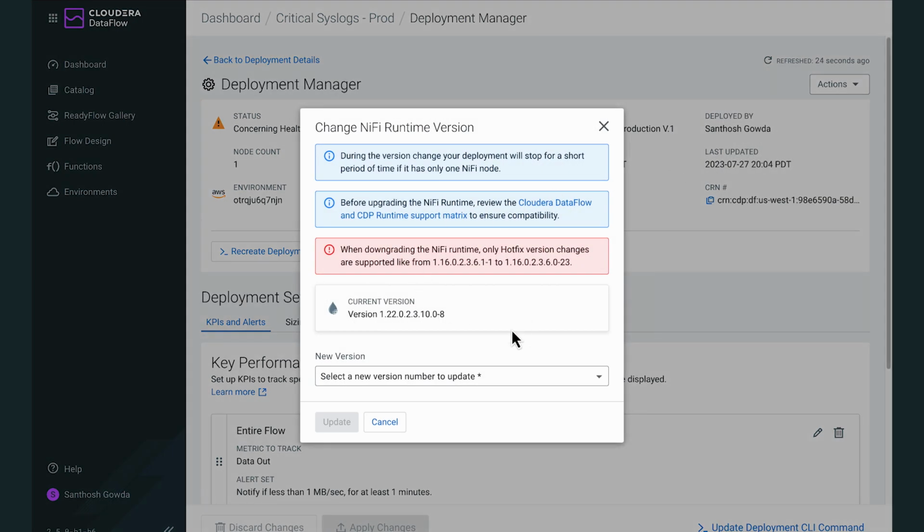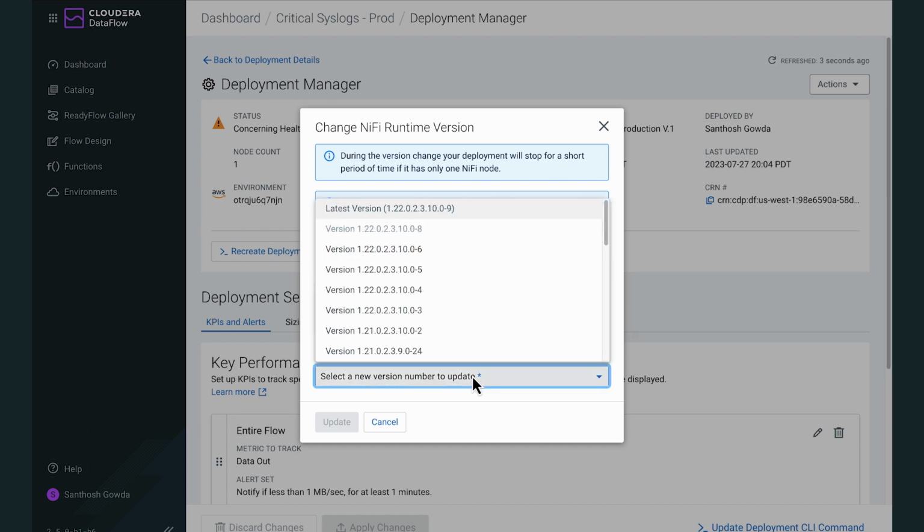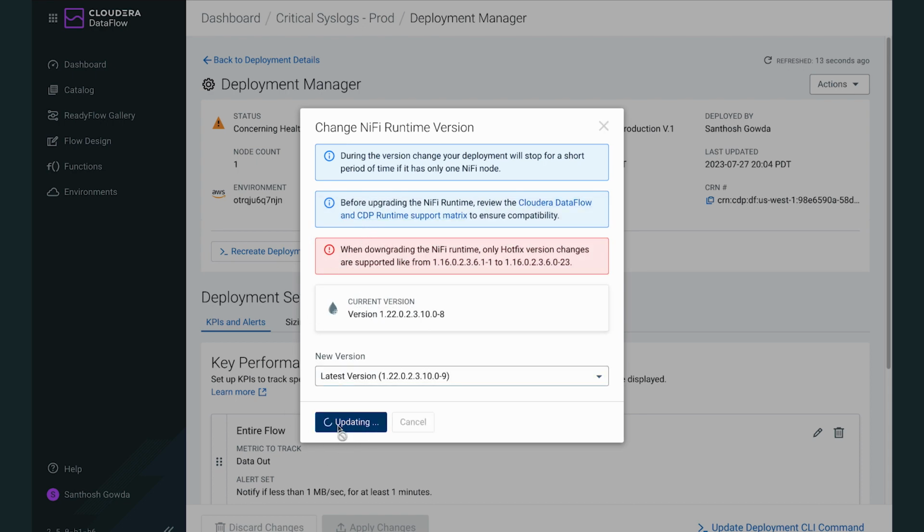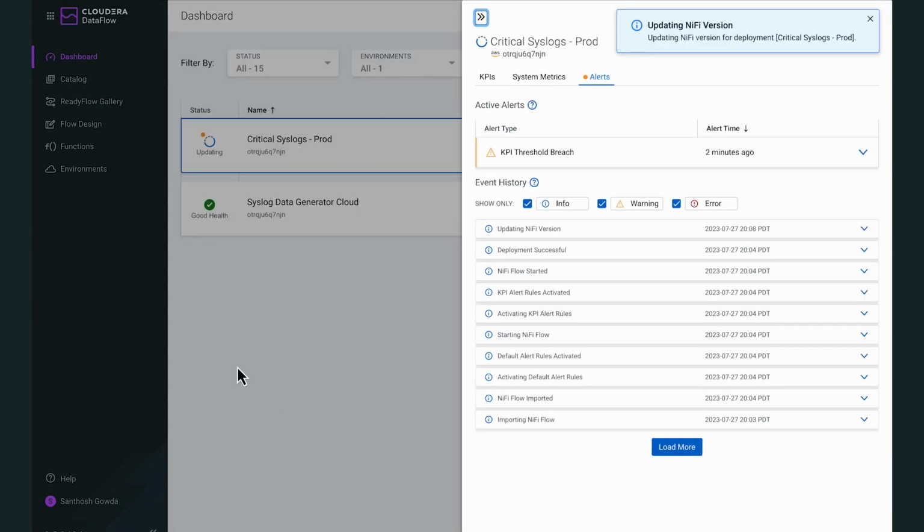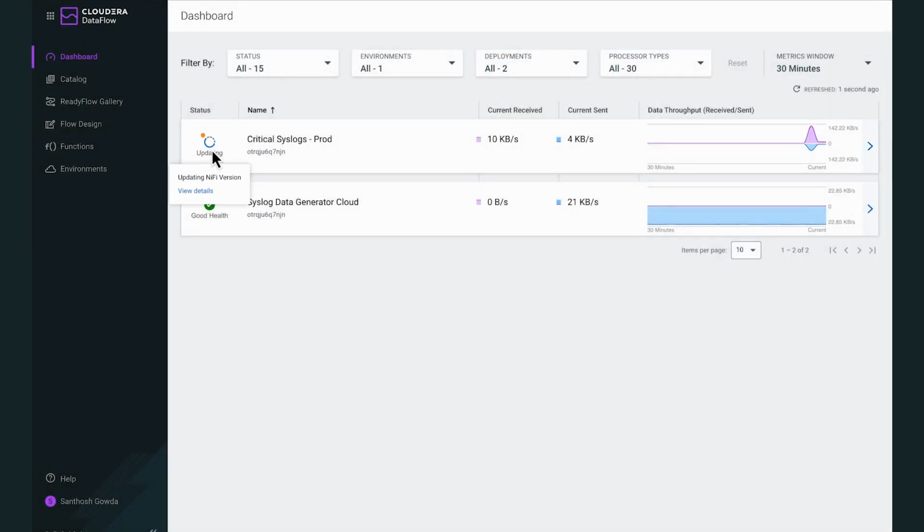And remember, in the beginning, when we created this deployment, we didn't choose the latest NiFi version. We chose the previous NiFi version, and we did that so that now we can upgrade to the latest NiFi version. So this deployment is running. We're just going to pick our latest version, and we're going to hit the update button. Now we're going to be redirected to the dashboard. The status changes into updating, and now you can see how the dashboard always tells us exactly what's